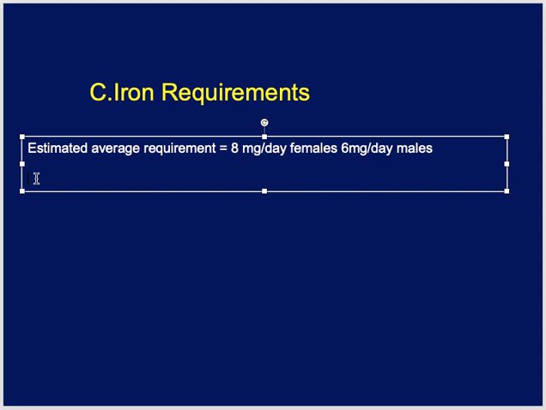Okay, so this is the estimated average requirement for males and females. For babies, of course, this is different. For children 1 to 3 years of age, it is around 7 milligram per day. And in pregnancy, of course, the requirements are higher. For example, in pregnancy, the daily requirement for iron can go up to 27 milligram per day, which is quite higher than what is required per day for the females, because in pregnancy there is a huge requirement for almost everything, not just iron.